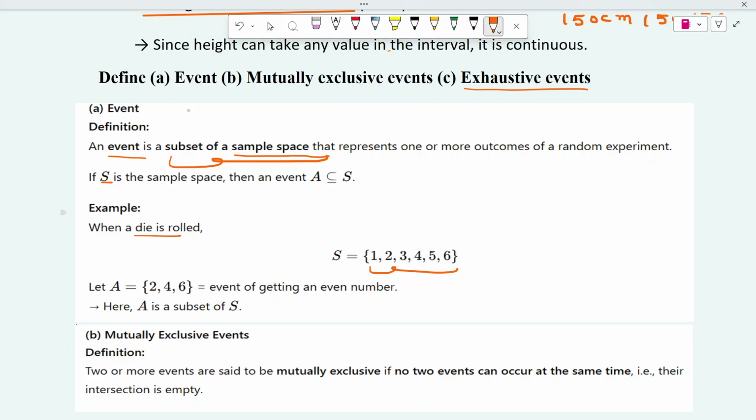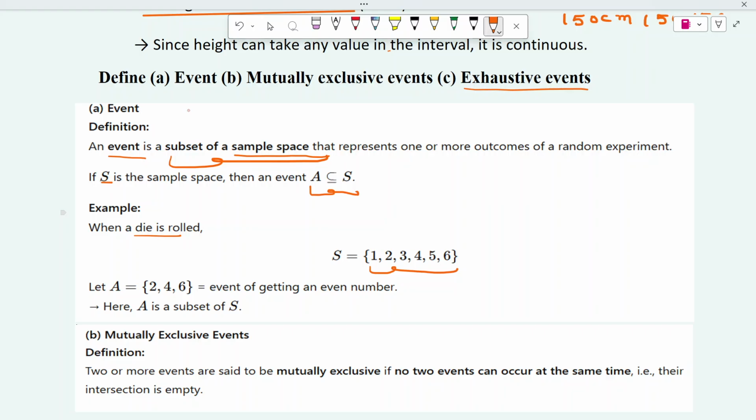So the definition is: an event is a subset of sample space that represents one or more outcomes of the random experiment. As it contains only a few elements, we represent it this way: